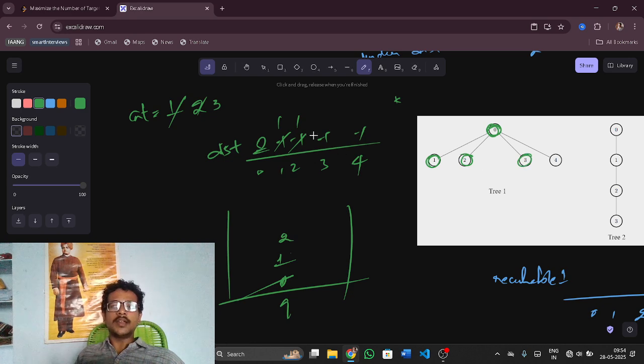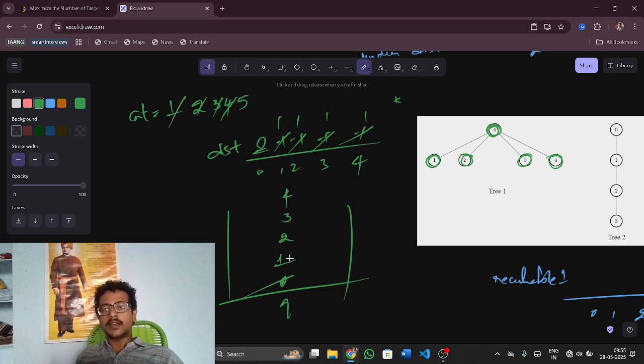Now I got 3. 3 will be having a distance of minus 1, and the node is 0. So if I increment 0 plus 1 will be 1, and then here the count will be incremented. Why? Because this 1 is less than or equal to k. So there are 4 nodes. Now I'll push back this 3, and then I have 4 again. 4 is also the neighbor of 0, and the distance of node is 0. 0 plus 1 will give us 1, and then I have the count as 5, and I'll push back this